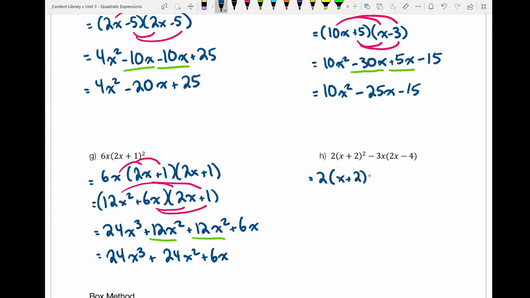x plus 2 times x plus 2, and then minus 3x times 2x minus 4. So I can do a couple of things. First, I'm going to multiply this 2 into the first bracket to help me with that before I can expand the two binomials. And secondly, in the last one, I'm going to take this minus 3x and multiply it through